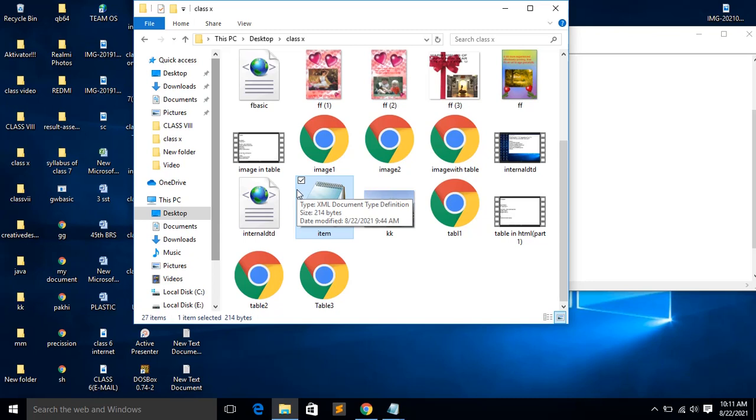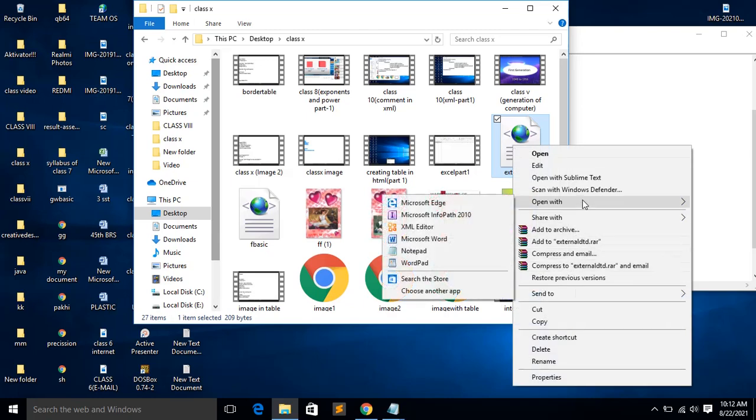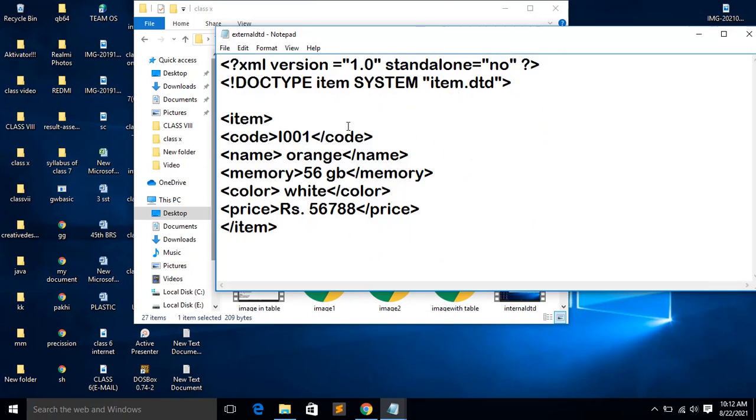So the 5.10 file I have saved as external DTD. Where is it? I want to show. Here is the external DTD. In Notepad you have to write this way, and for the internal one, the declaration part item.dtd, I have already shown.